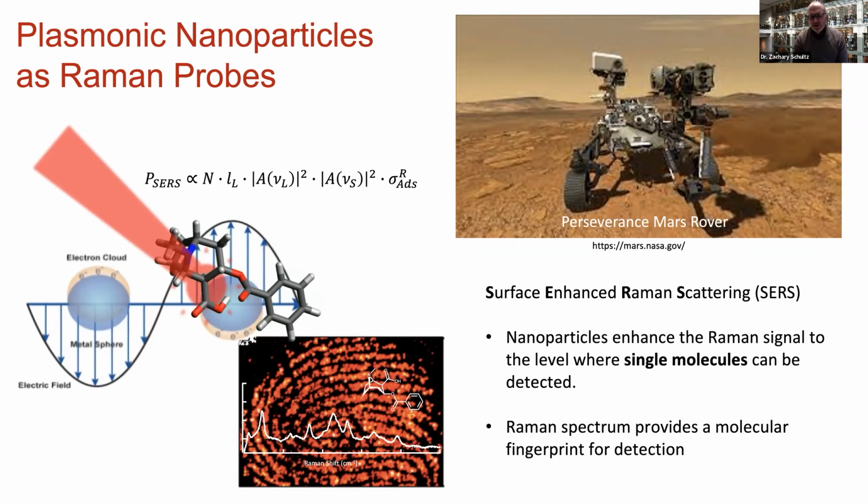We can't see what's going on the surface of Mars basically from here, but we can send the Mars rover to go and sample that. So what we've done in our lab is we've used nanoparticles as a way to put them into cells to sample the local environment, increase the scattering of molecules that wouldn't otherwise be detectable, and let us see that back